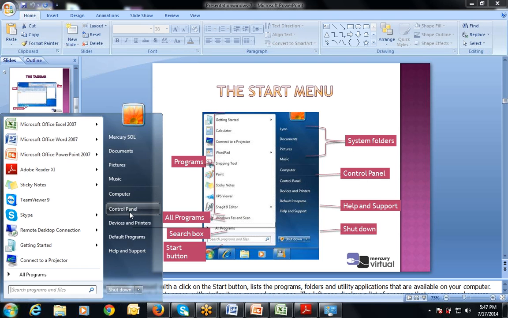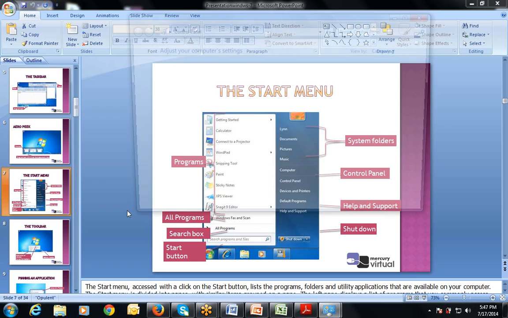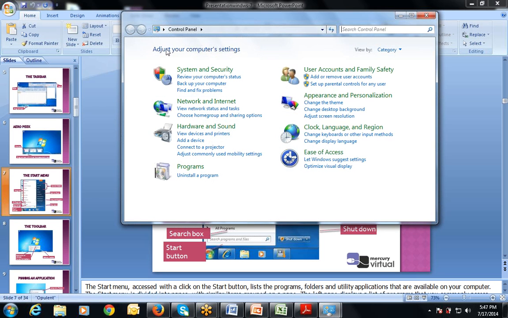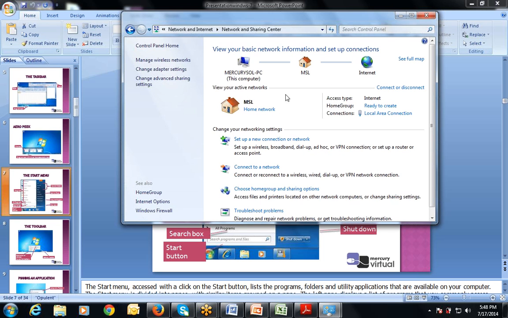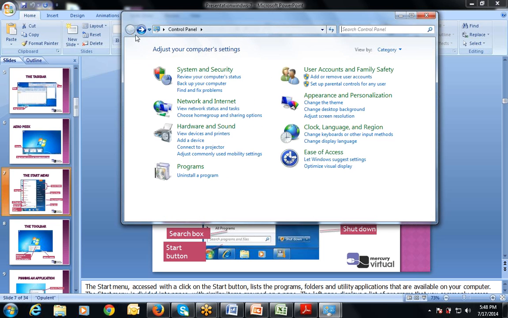Then there is a control panel. If I click on the control panel, these are the system settings. Like it is written, adjust your computer settings. All the settings that are done on the computer come from the control panel. For example, if I want to see the internet connection, I click on this. Right. So this is the internet connection available.